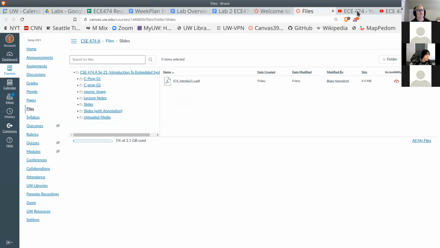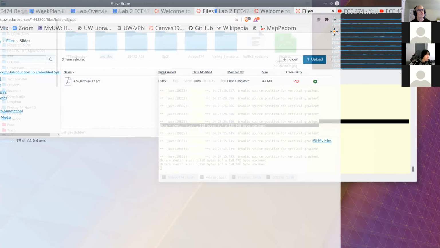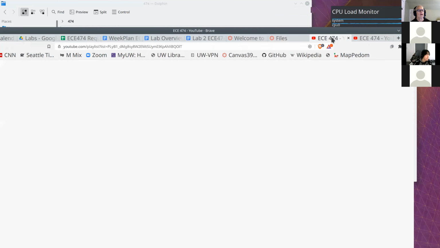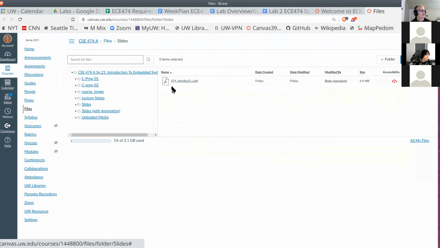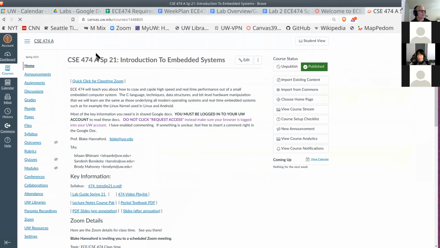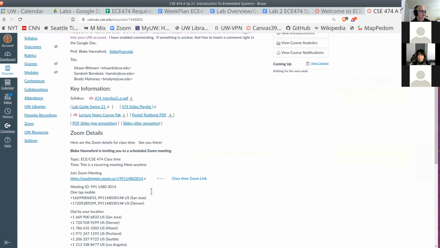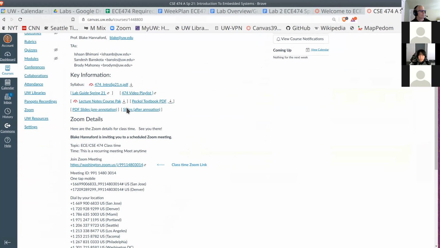But again, can I move this? No, I can move this. All right. I'll close these extra windows. All right. Whoops, I wanted to go back to, well, I'll just go up here. Okay, so